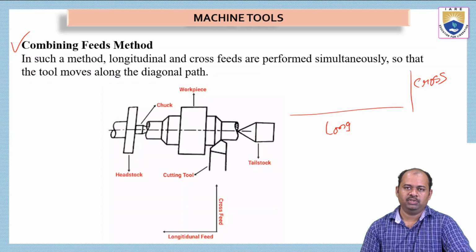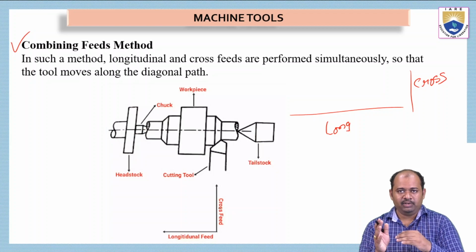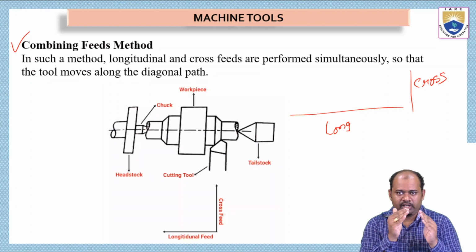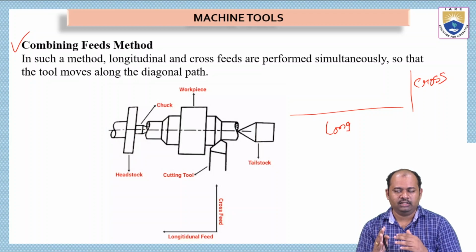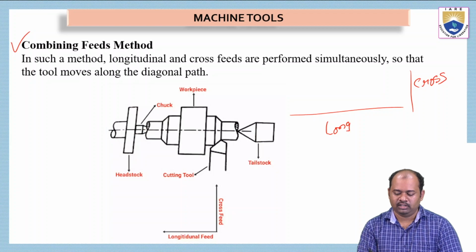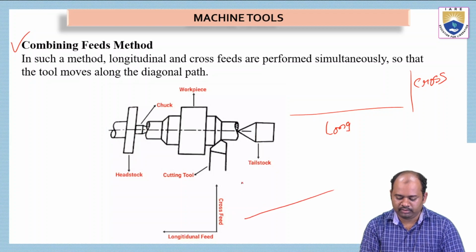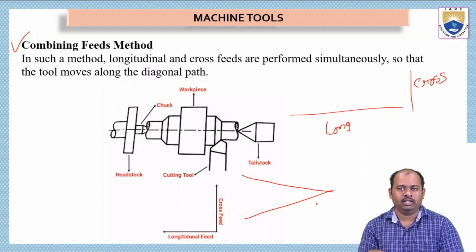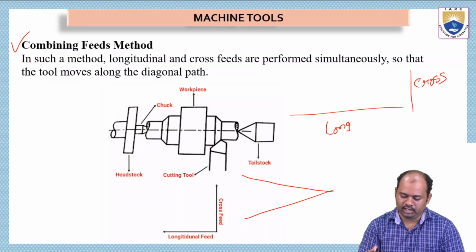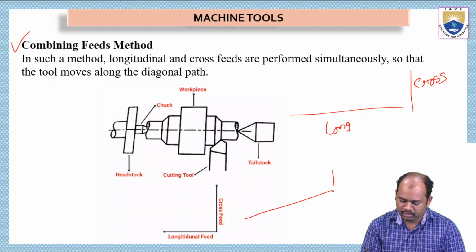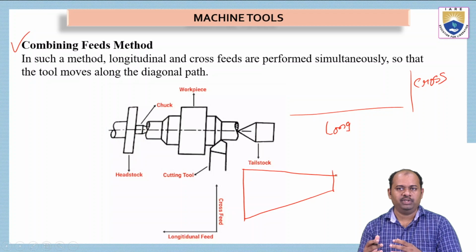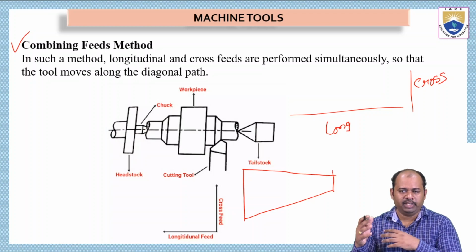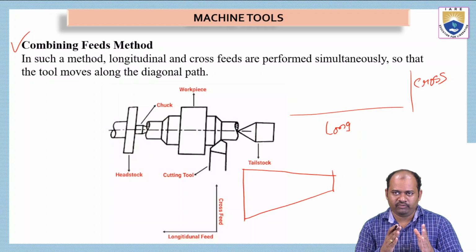So this has to be given very carefully because it has to be done simultaneously. The longitudinal feed and the cross feed have to be given at the same time. So in order to do that, we have to be very careful. Otherwise, we may not get this taper shape. Okay, I'm drawing this wrong. The taper has two diameters as always. So the taper has to be obtained by giving two types of feeds, longitudinal feed and cross feed,